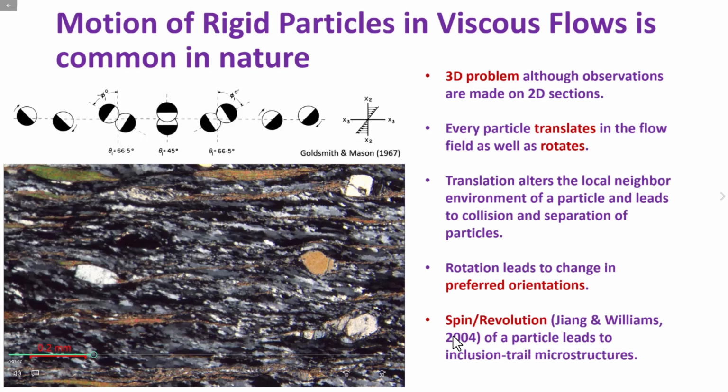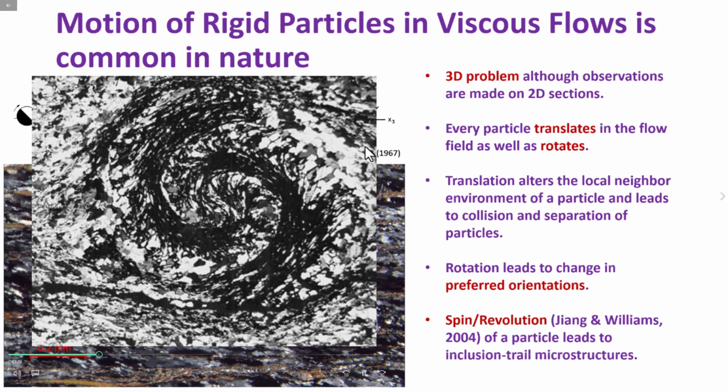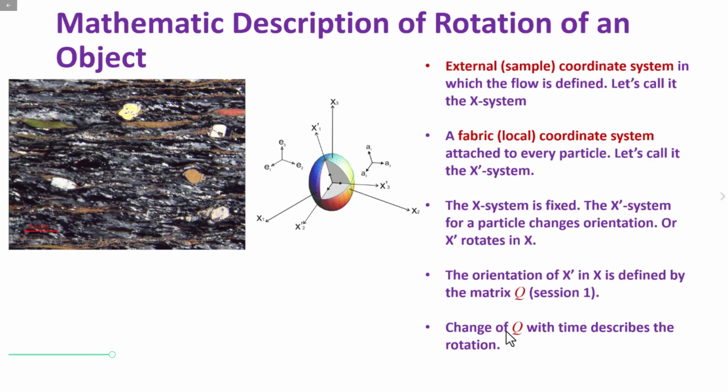In addition, another microstructure can be produced due to rigid body rotation that is related to the concept of spin, or revolution, of a particle. A rigid object like a garnet, as it grows, may also be rotated, and that can lead to inclusion trail microstructures, such as something called a snowball garnet. So the snowball garnet microstructure is not produced by the reorientation of the garnet itself, but by the spinning, the angular velocity history of the garnet with respect to the rotation axis here. So that is a concept called revolution. We will talk about these different concepts later on.